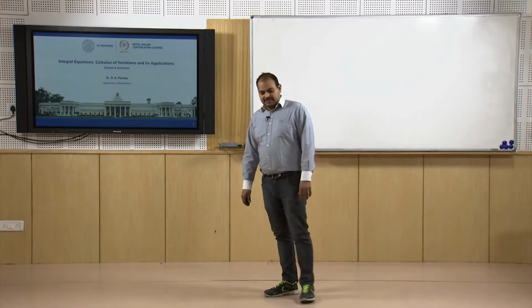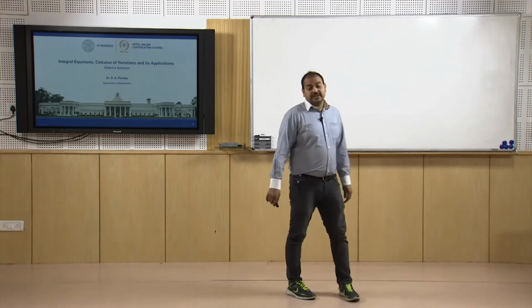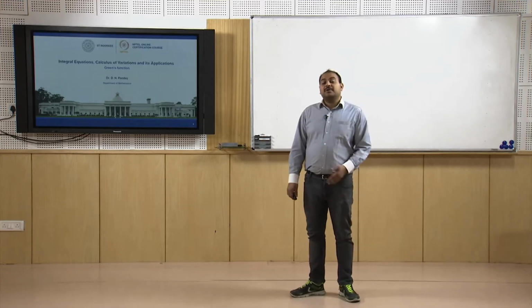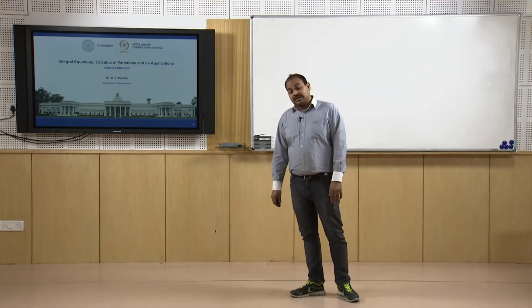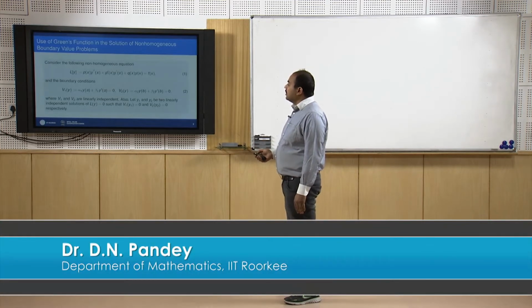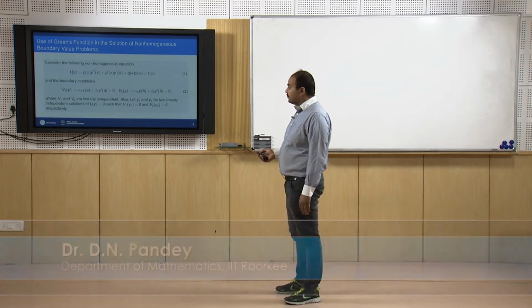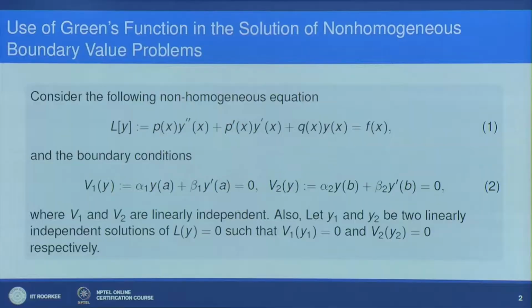Hello friends, so far we have discussed the construction of Green's function for a homogeneous boundary value problem with homogeneous boundary conditions. Let us consider this non-homogeneous equation p(x) y'' + p'(x) y' + q(x) y = f(x). If you look carefully, this equation is given in self-adjoint form. So this is a self-adjoint equation, and the boundary conditions are also given as V1(y) and V2(y),